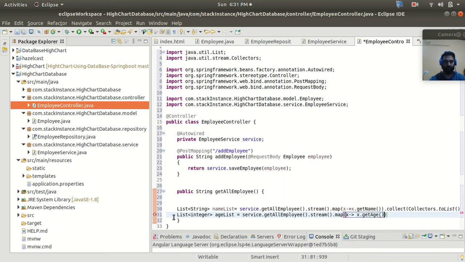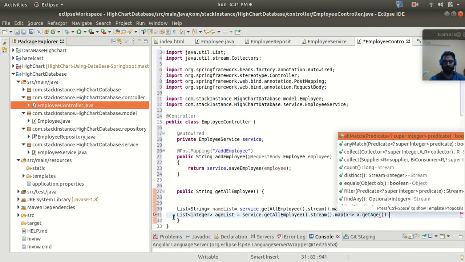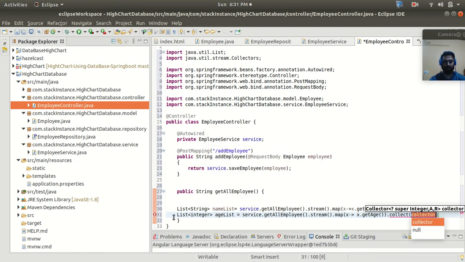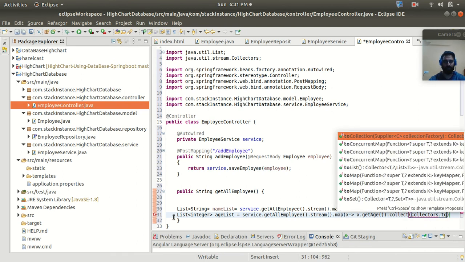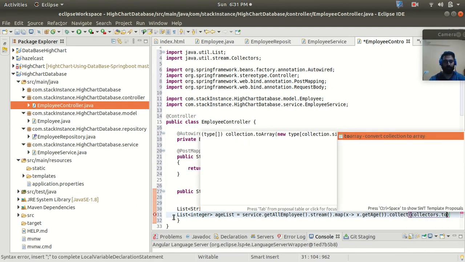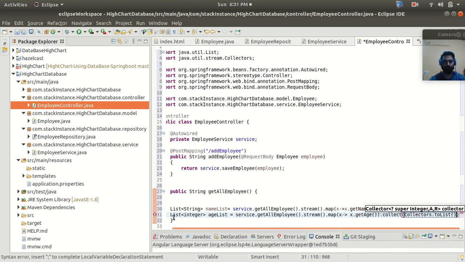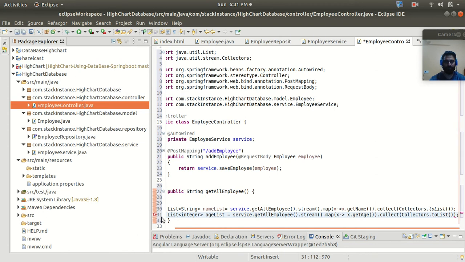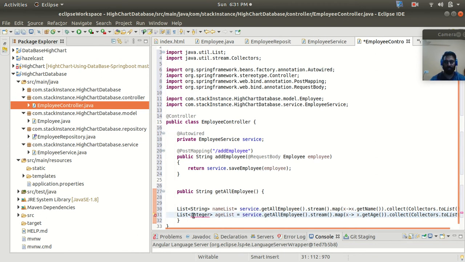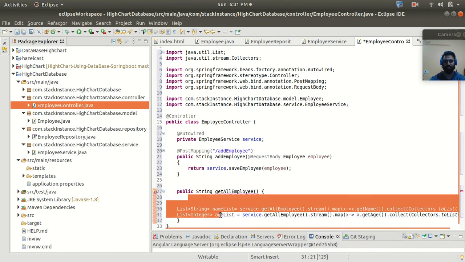Here we will fetch all the ages of the employees, and then I will use the collect method, and inside this I will use the Collectors class dot toList method. So it is going to fetch all the employees and store the age of the employees in an age list.